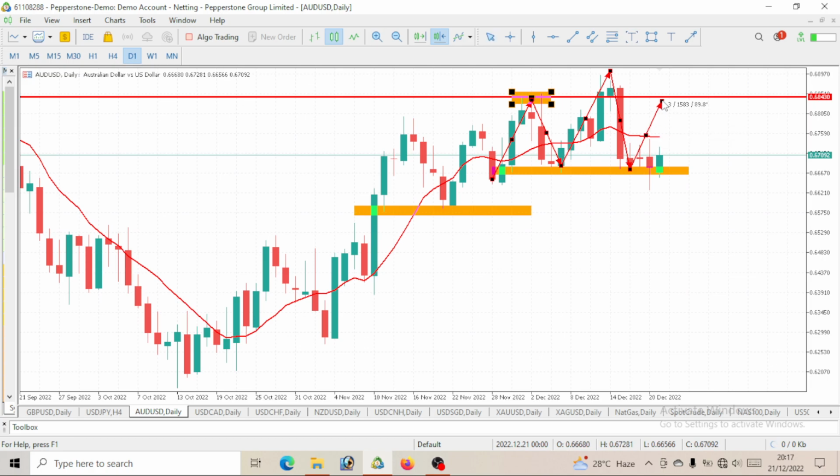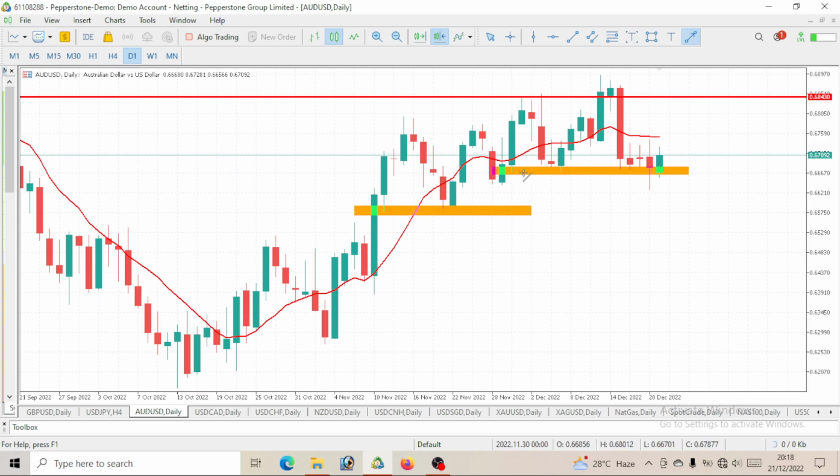We at least expect this high to take out this level I have highlighted, which is the level of 0.68430. I would say throughout till next week, at least we should be able to get there. So above all, we would want to see AUD spike up to hit this level. Once it gets to that level, we expect a drop again on this AUD USD. That should look something like a head and shoulder pattern.